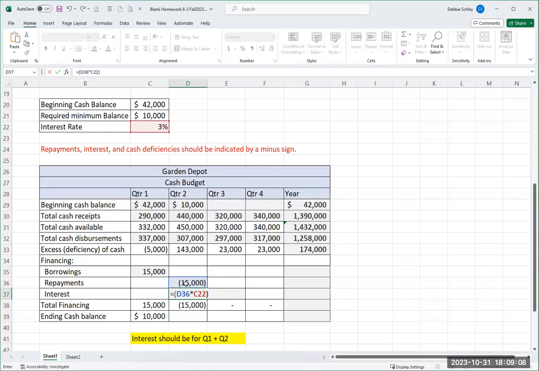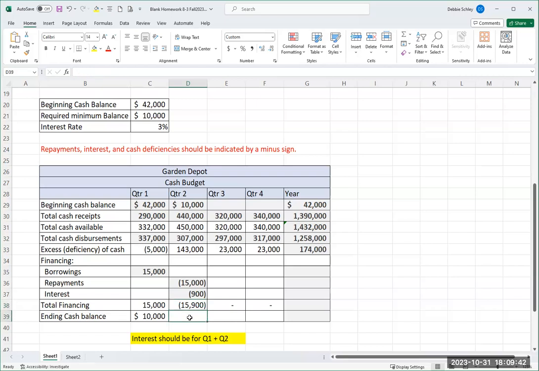Okay, so that gives me 1 month's interest, right? 3% of 15,000, but I need 2 months. So I'm going to times that by 2. So the amount I borrowed times the interest rate in parentheses and then times 2. So it's $900. And again, it's interest that I owe that I'm repaying, and so it is a negative. So my total financing is negative